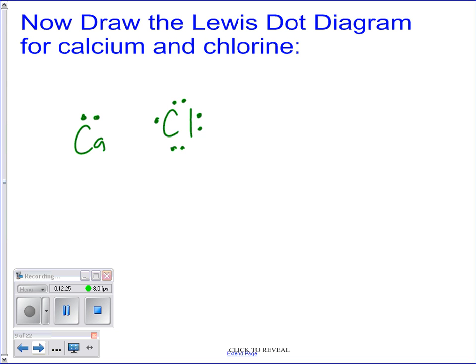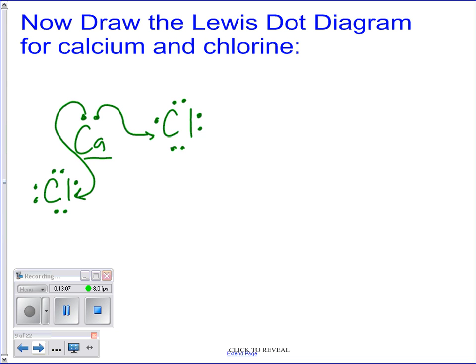Here we go. So chlorine only wants to gain 1 valence electron. And so what's going to happen is calcium is going to transfer over 1 of its electrons over to chlorine. So chlorine is now happy, but calcium still has 1 valence electron that it wants to get rid of. So what's going to happen is another chlorine atom with 7 valence electrons is going to come up, and it's going to take that extra electron that calcium had. So now calcium has lost both of its electrons, calcium's happy, and each chlorine now has 8 valence electrons around